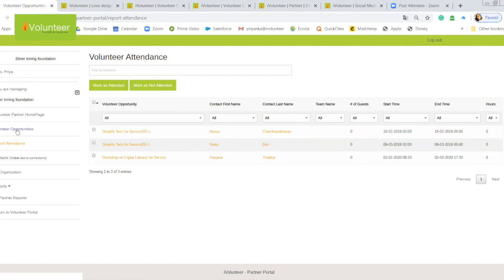For every opportunity, when I was showing you the opportunity page and scrolled down, you saw a list of volunteers who have registered for the opportunity, and whom I've marked confirmed. Once I mark them confirmed, it asks me if I would want to mark their attendance as well. Why is it important to mark the attendance? Because of course you will have a record that these volunteers attended. The other thing is, because the volunteer has registered on the website, they also have a personalized dashboard which tracks all the volunteering activity they are doing.